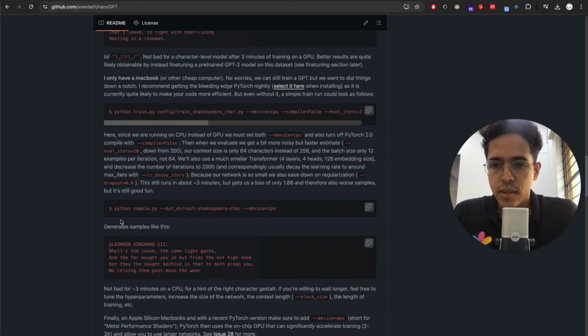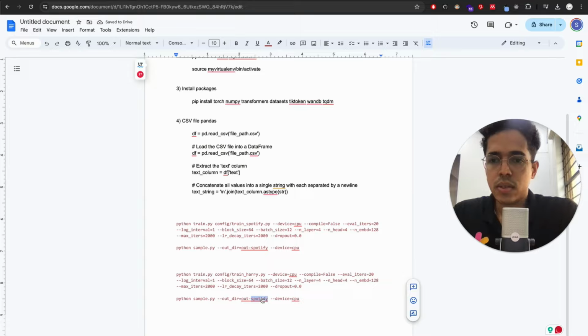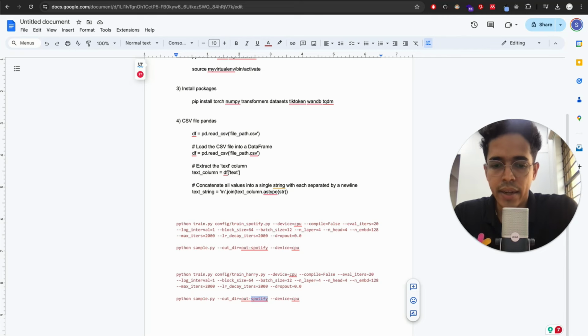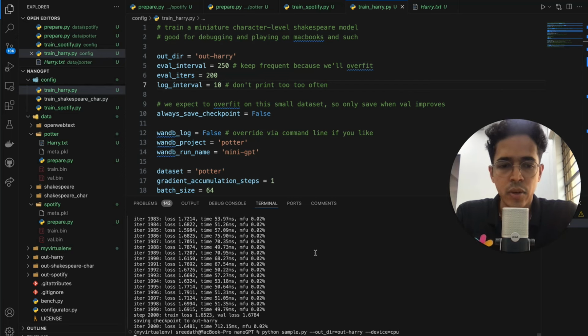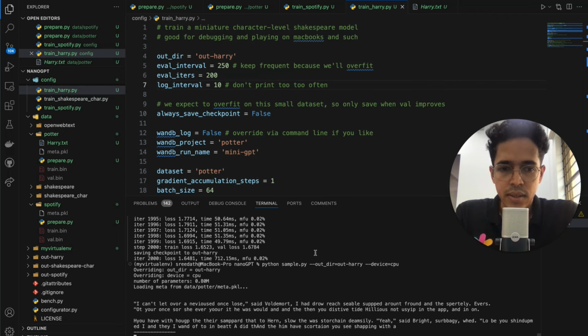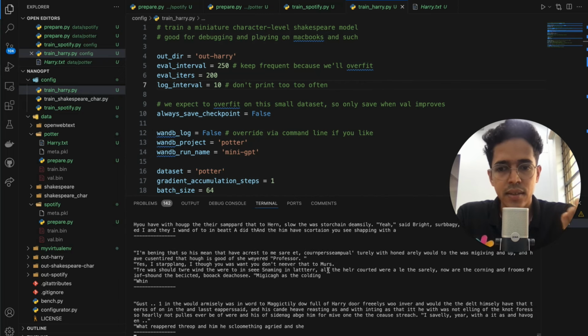Now let us run this. So sample. So output directory is out Harry, I think. Where is that? Yeah, out Harry. And we can just run this. So again, I am running everything on my CPU. I'm not using GPU. So most likely you should be able to try the same. Yeah. Oh, I did not give the starting